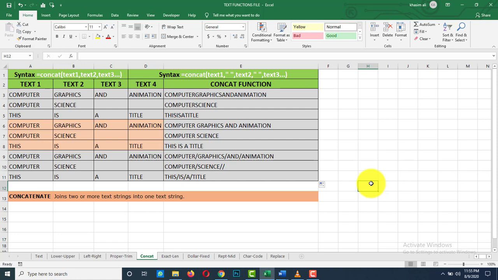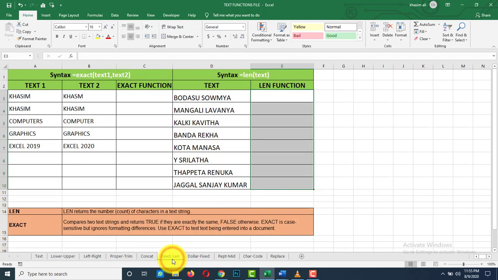Now we will move to another function, that is exact function. See, this exact function compares two text strings and returns true value if both are same, or else it displays false value. How it works we will see.